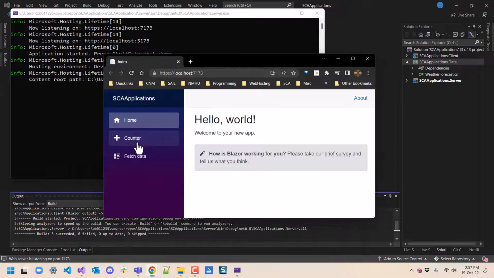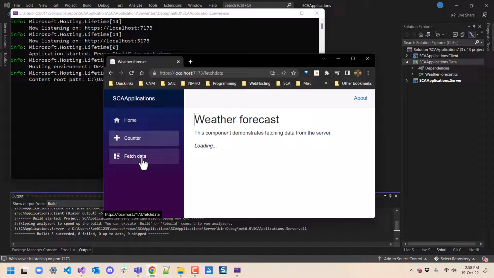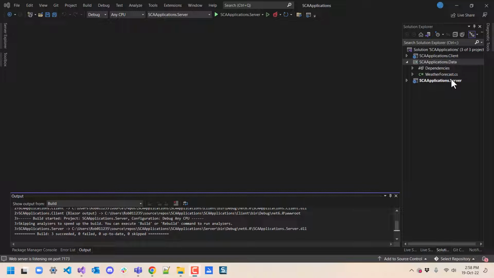And we have a working application, it looks like. Let's see, yep. The counter was working, the fetch data. Let's see if it finds it. Yep, it's finding it. So we didn't break the application, and we managed to rename this shared folder to data,